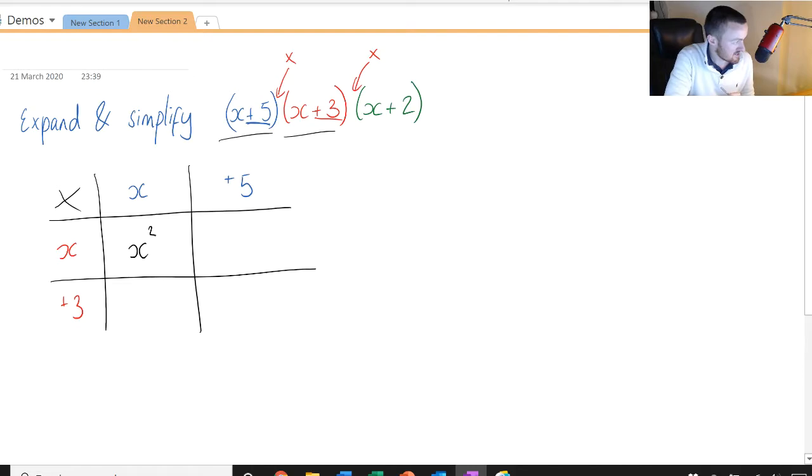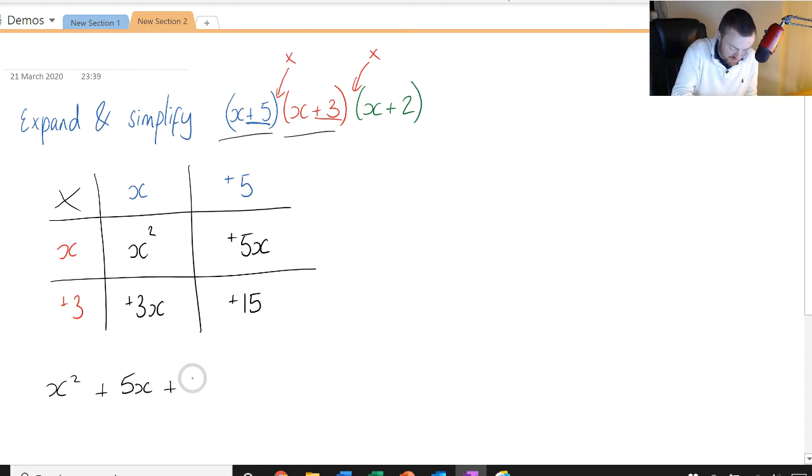So x times x gives you x squared. Positive 5 times x gives you positive 5x. Positive 3 times x gives you positive 3x. And positive 3 times positive 5 gives you positive 15. Okay, so just as before,